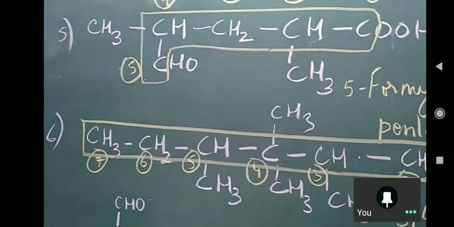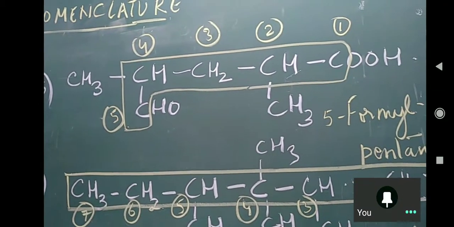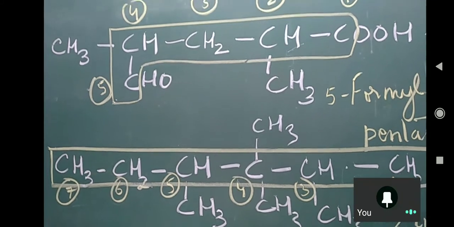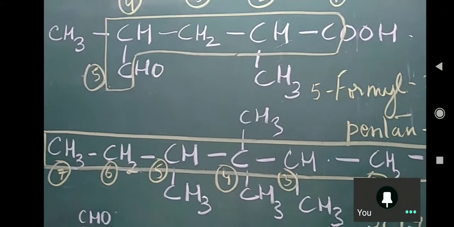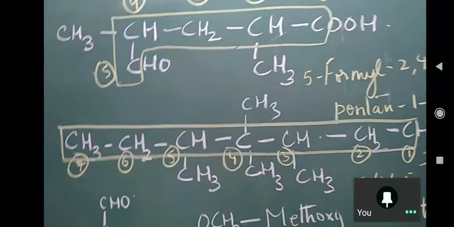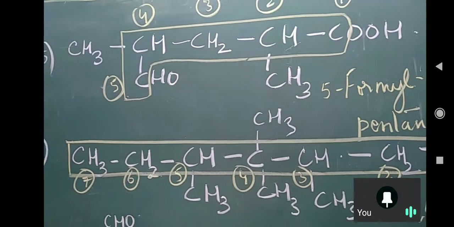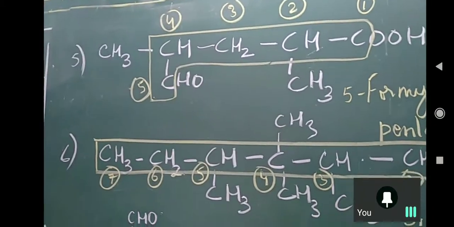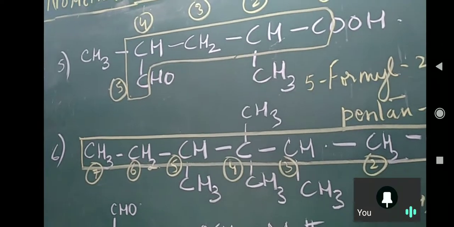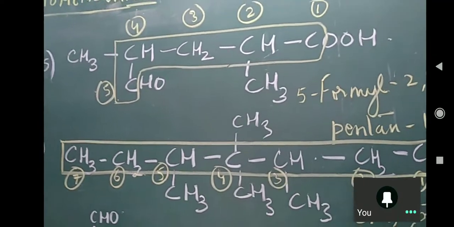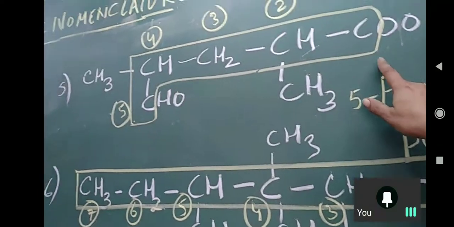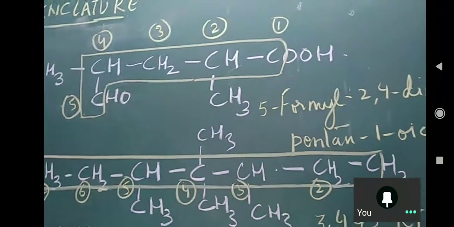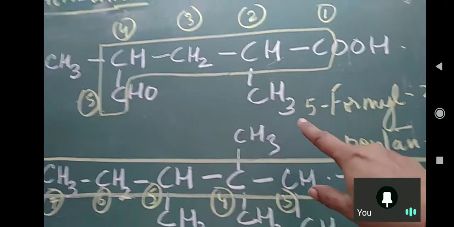Our chain has to contain the largest number of carbon containing functional groups. Correct. Both of them have to be a part of the main chain. Then in priority order, is COOH group coming first or CHO coming first? COOH. So that will be carbon atom number 1, then 2, then 3, then 4, and then 5. Right? And the methyl group will be the subsequent.